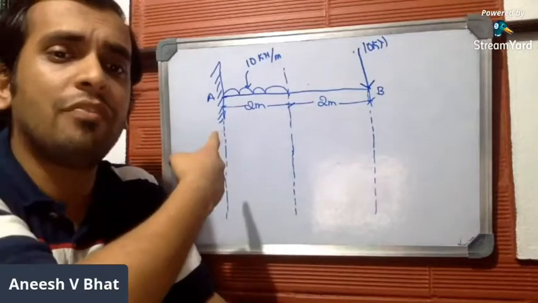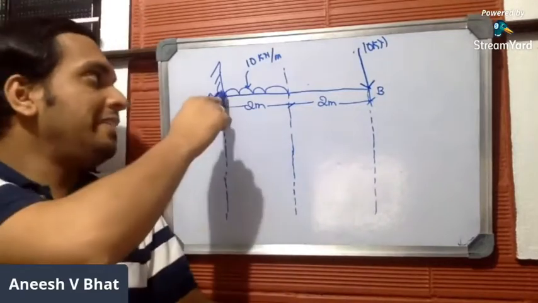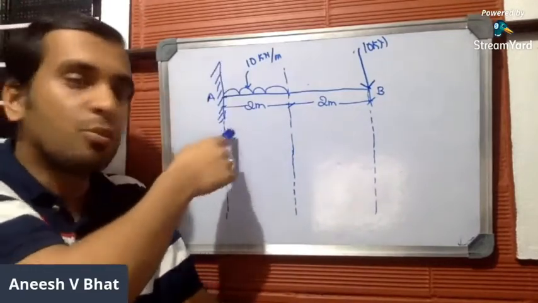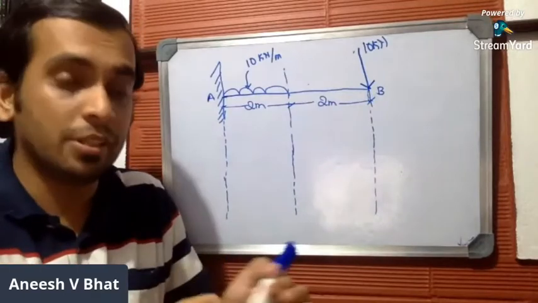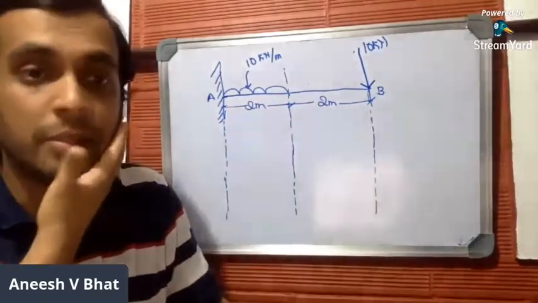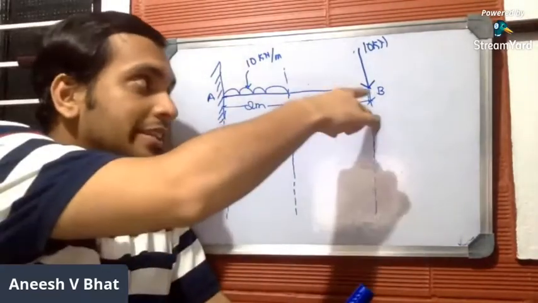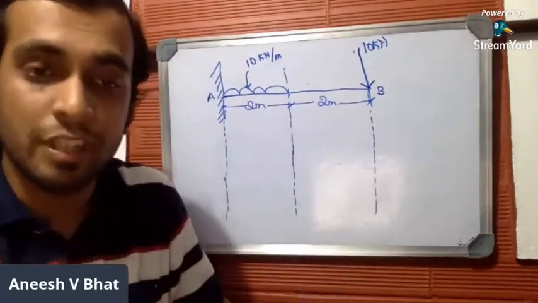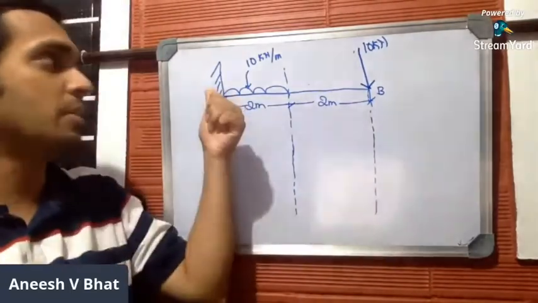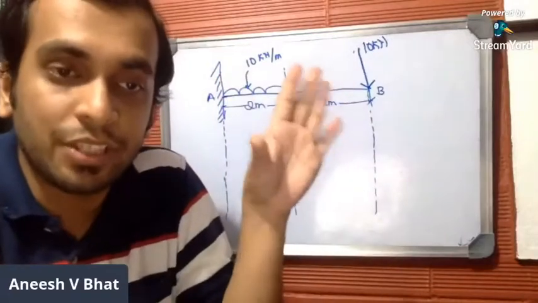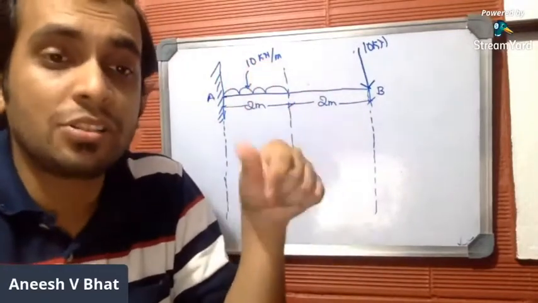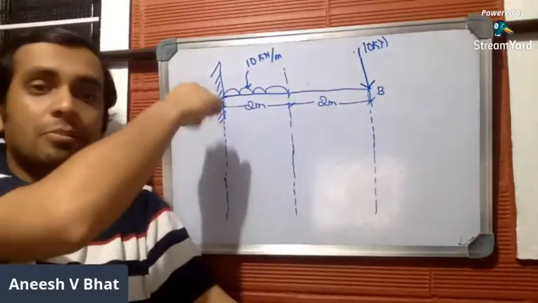So here we have fixed support. Here end A has a fixed support and the other end B is free. So we call such a beam arrangement a cantilever, where the other end is free and one of the ends is fixed. So this is a fixed support. And again, you're supposed to find the support reactions, the reactions offered by this particular fixed support.